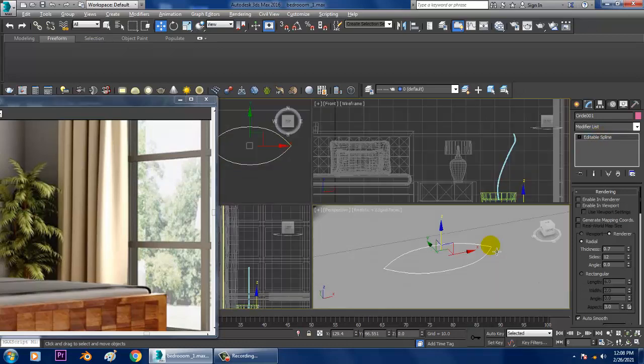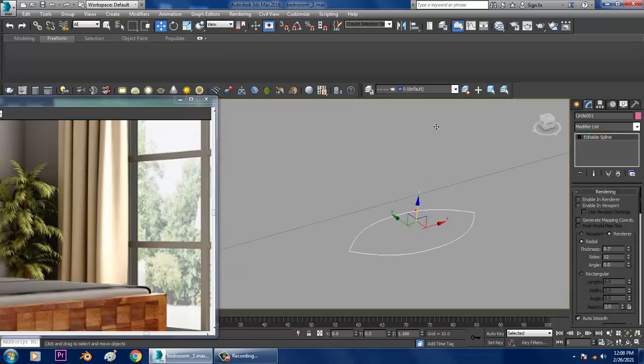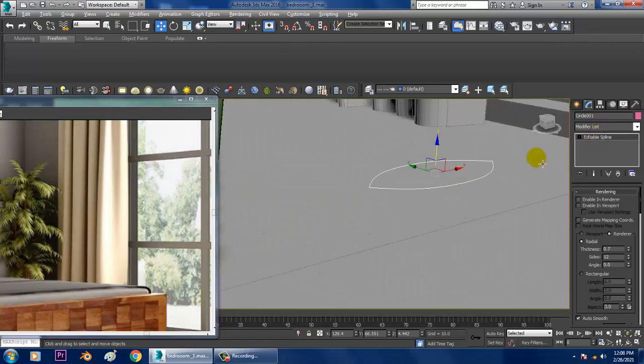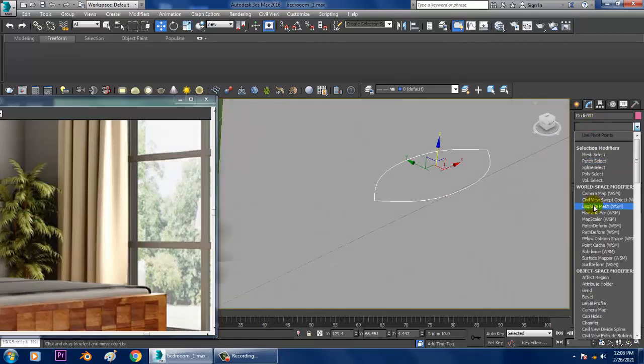After that, once you're done with this, we can go into the modifier list and give an extrude modifier.